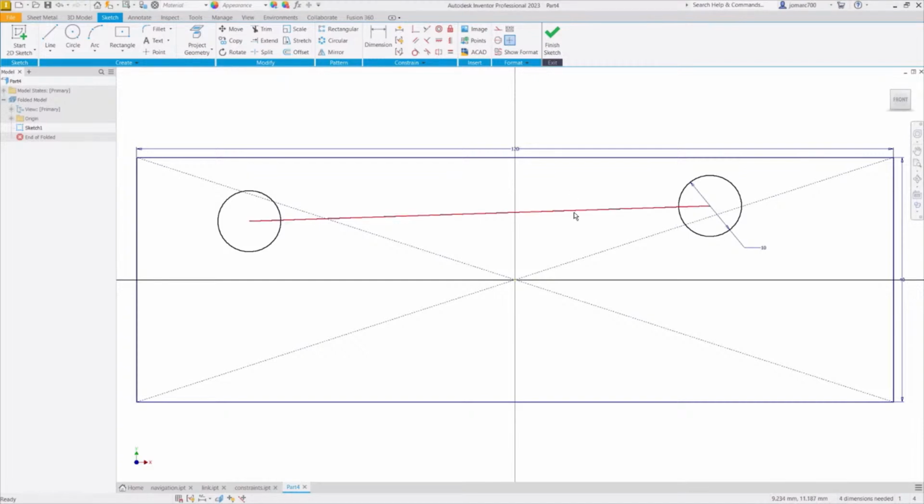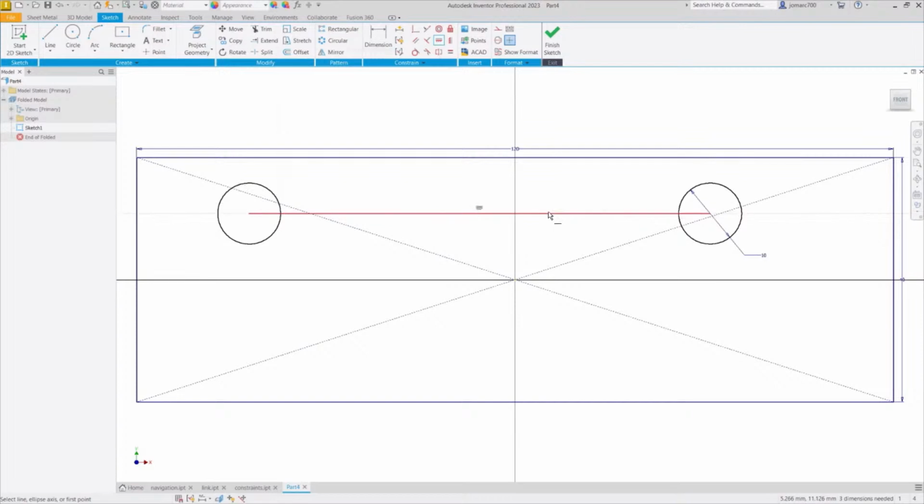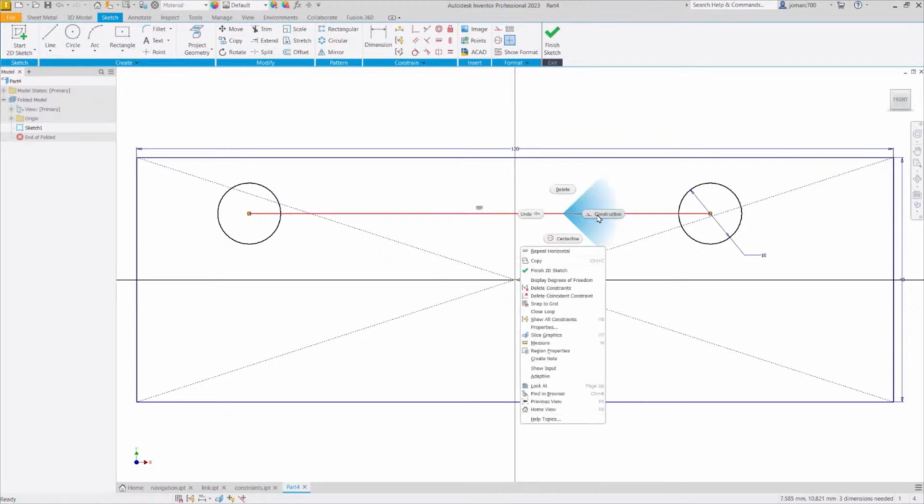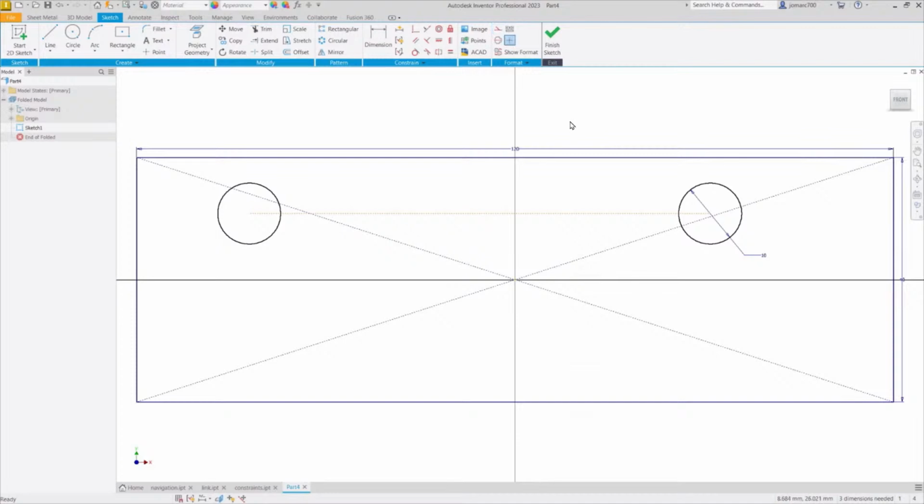Moving forward, I want this line to be perfectly horizontal. Heading up, selecting horizontal constraint, selecting this line, hitting escape, and this line once more serves as a construction tool. Selecting this line, let's right click, selecting construction, and finally let's head up, selecting coincident, looking for the midpoint of this horizontal construction line, which is this green dot. Left click and selecting our origin. Left click,